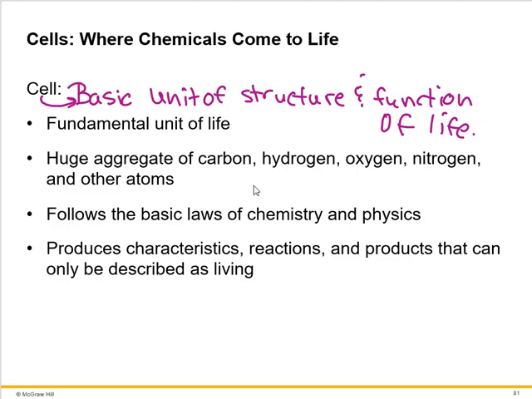The most common elements, C, H, O, N, P, and S. And it follows the basic laws of chemistry and physics, and that's why you need to know chemistry and physics before you come and study biology. It produces characteristics, reactions, and products that can only be described as living. So